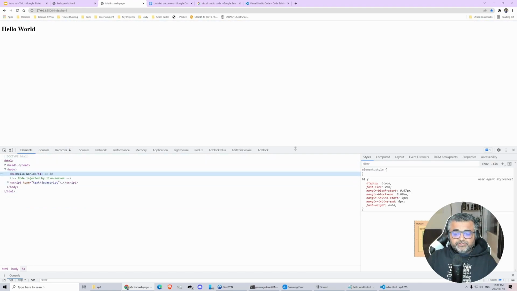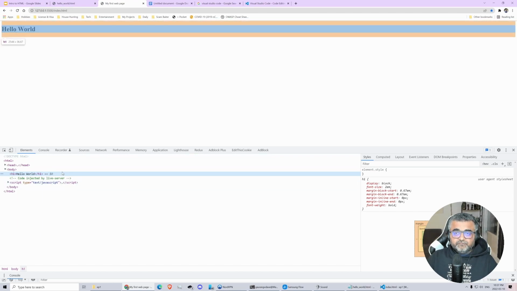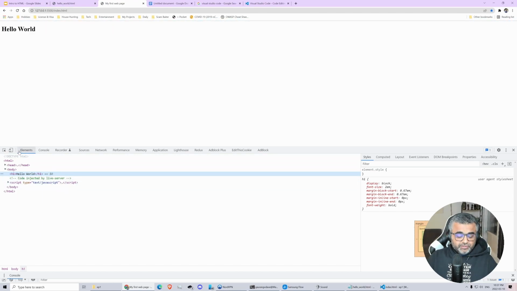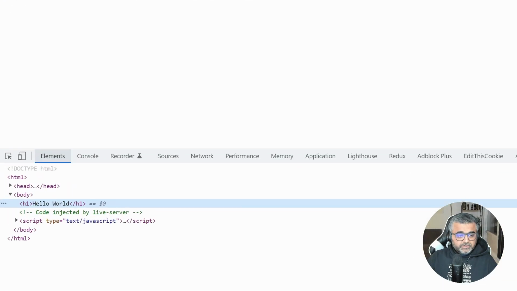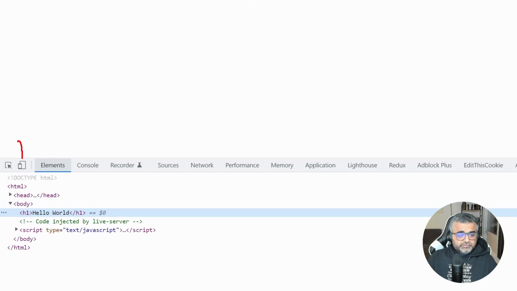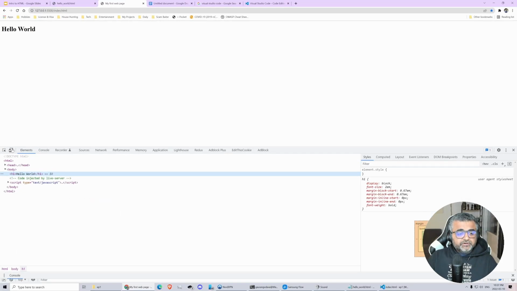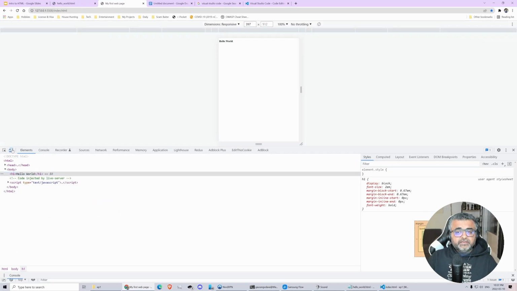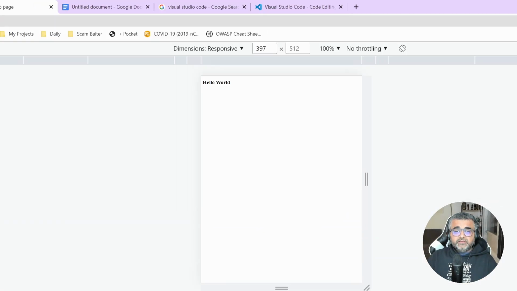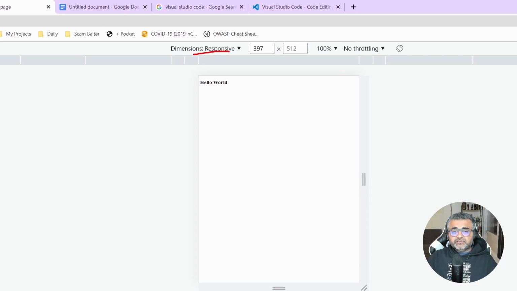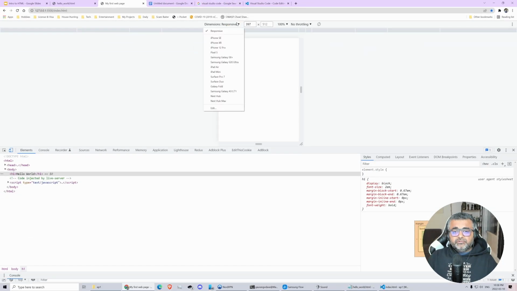So the reason I wanted to introduce this is there's one more very useful developer tool over here. On your left corner, you see this icon that looks like a phone or a tablet. If you click that, right, it renders your page the way it would look on a phone or a tablet. So here it says, hey, the dimensions are responsive. If you click this drop down, you'll see that,